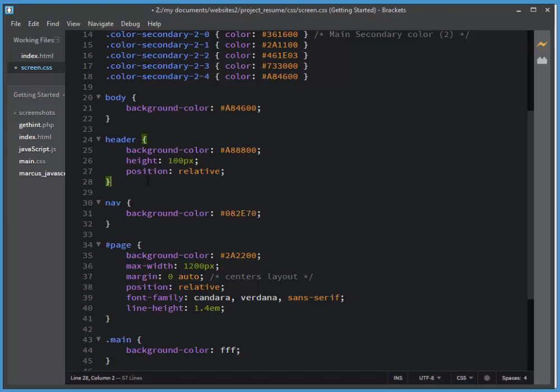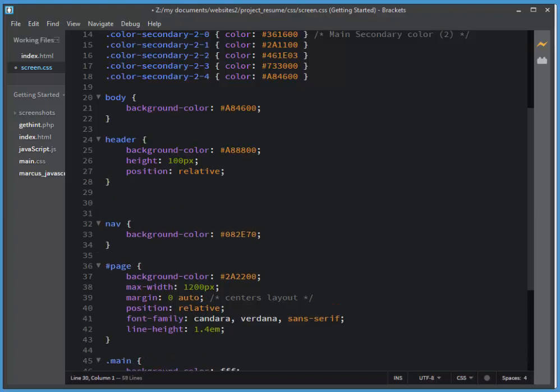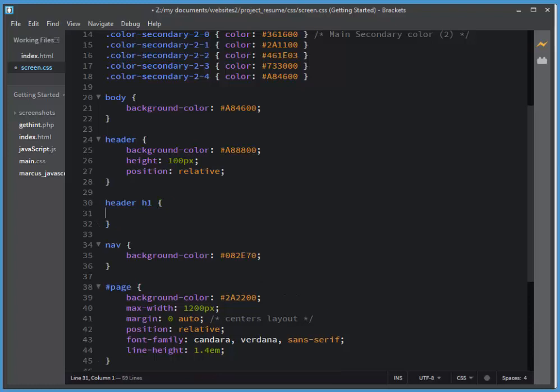And I'm also going to add a rule for that H1. If we have another H1, which you shouldn't ever have in a document, this will only take care of the header H1. So this is called a compound selector. This means any H1 inside of any element within header tags will pick up this style. And I'm going to say padding,